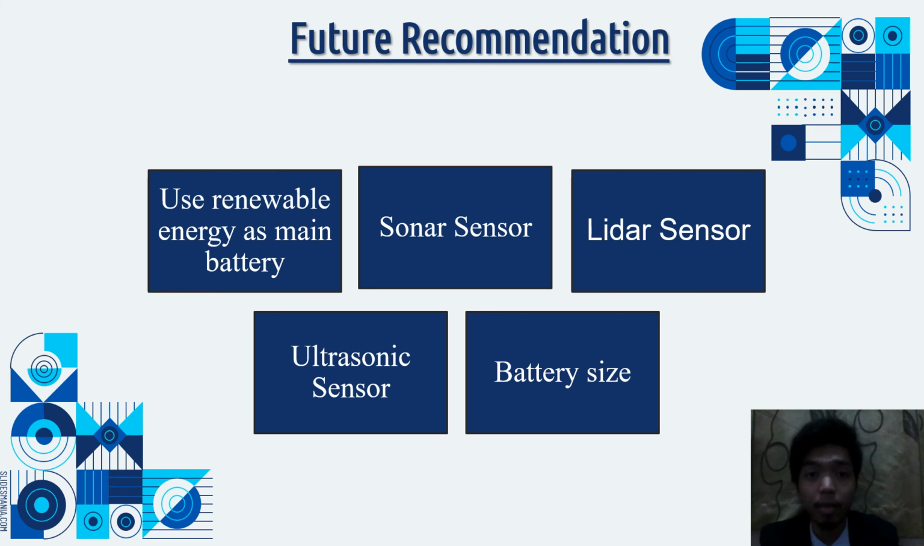So if the unmanned surface vehicle can detect abnormal echo below the ocean, it can detect any possibility of environmental disasters such as tsunami. The last one is battery capacity. The capacity of the unmanned surface vehicle battery needs to be larger, so the vehicle can last much longer